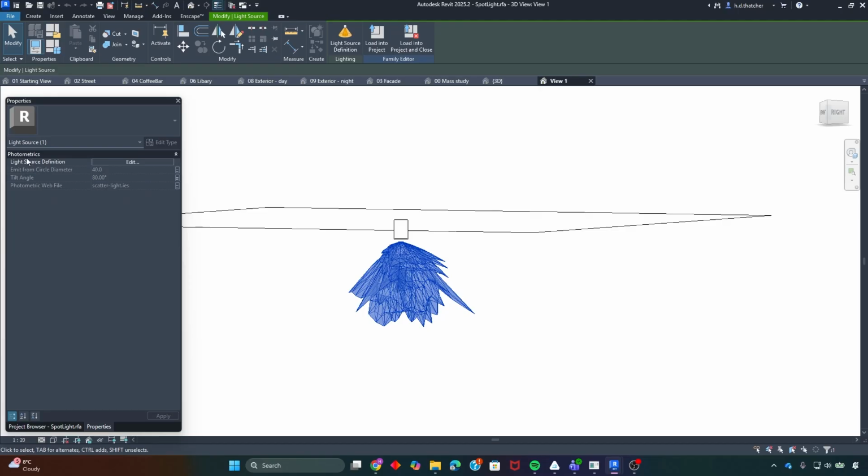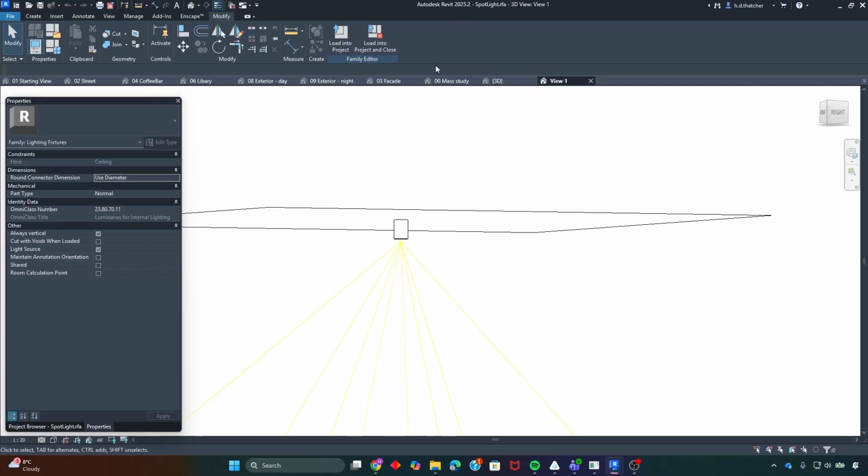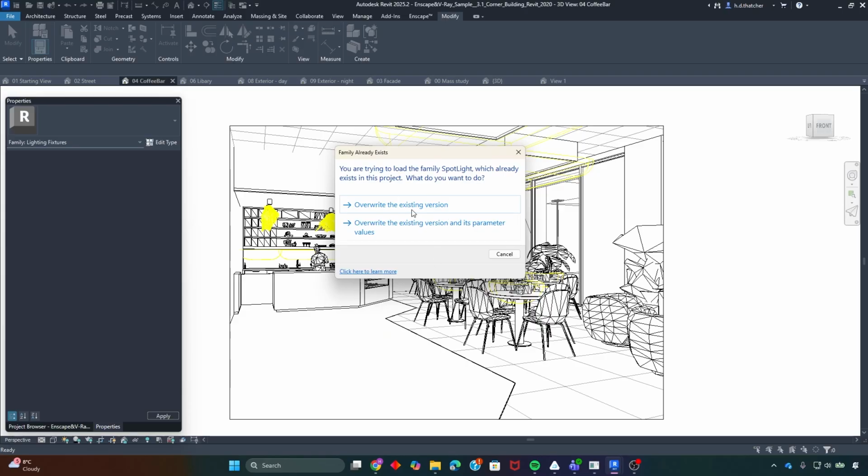So if we come into the photometrics light source definition, this is going to show us how the light is emitted. Is it going to be in a web? Is it going to be a spot? So we can change that to a spot. And then if we loaded that into the project,